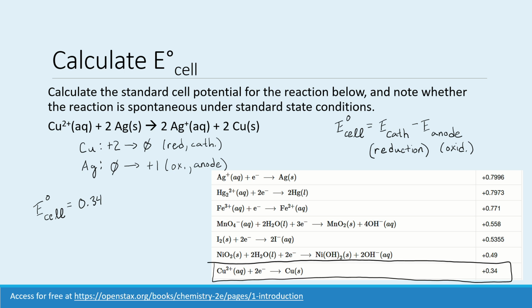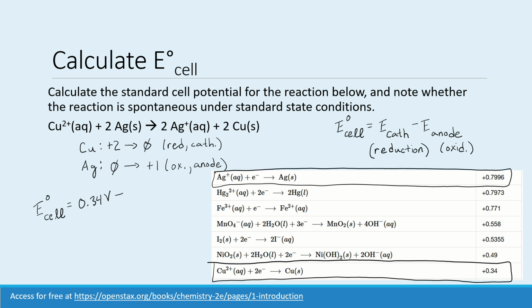And remember, all of these are in volts. So if you look back at one of the other examples, top of the table, all of those are going to be in volts. And then minus the anode, so you're looking for silver, and that's here at the top. So that's minus